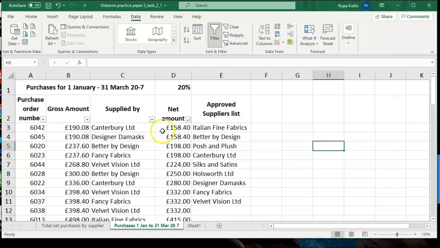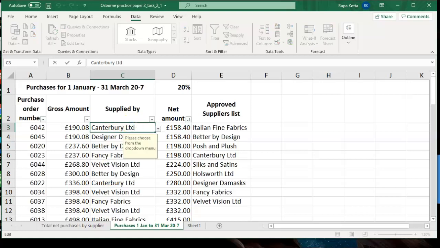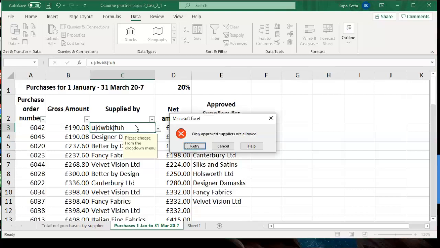Now let's see if this works or not. When you go near this box, it is showing the message, please choose from the drop down menu, which is good. When you click on the drop down menu, you can see all the names are coming up. Now let me try to remove this and try to enter something else which is not in the list. And when I do that, it's showing only approved suppliers are allowed.